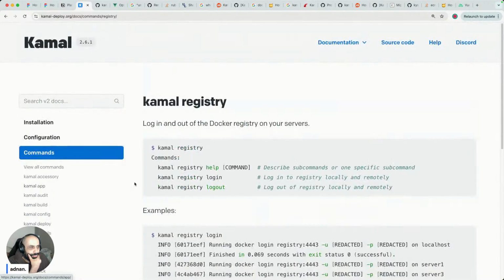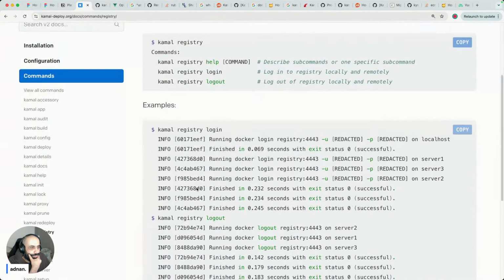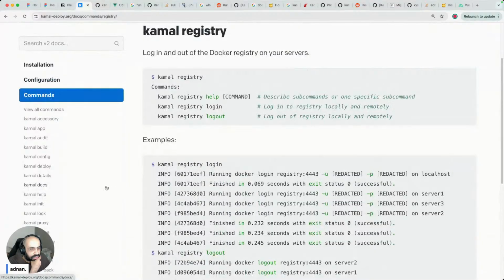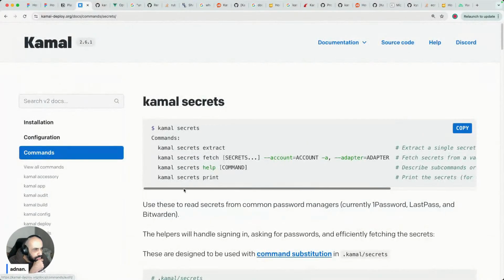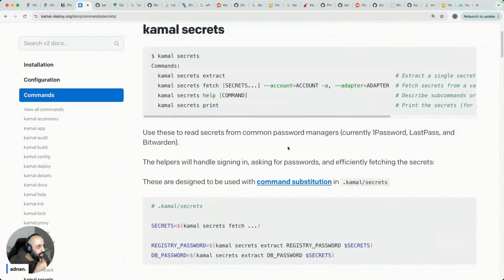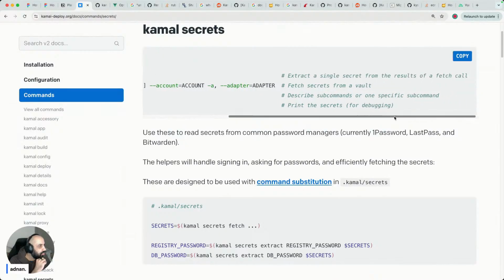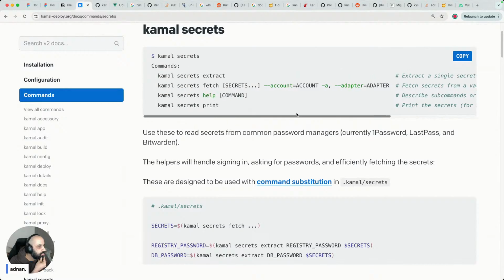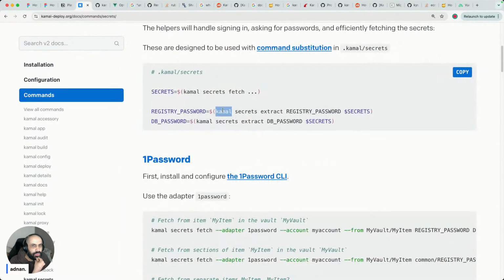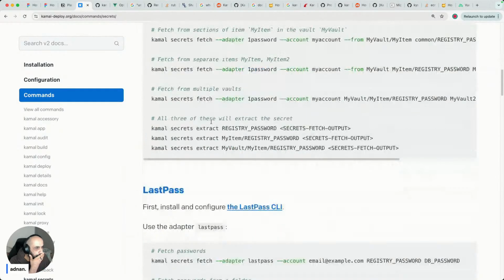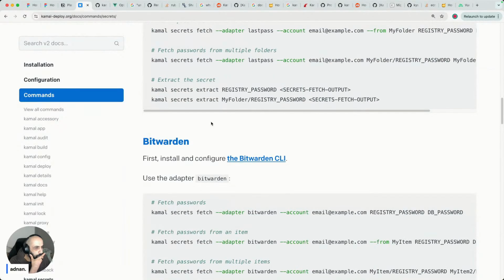Log in, log out. Secrets. Secrets extract. Extract a single secret from the results of a fetch call. Don't know what that means. Fetch secrets from a vault. Come on, secrets to that. Okay, fine. No. None of this